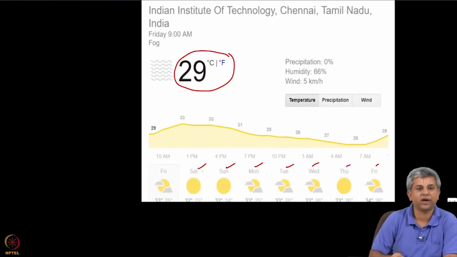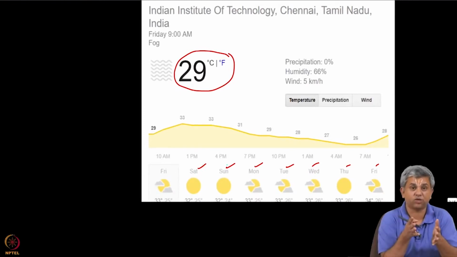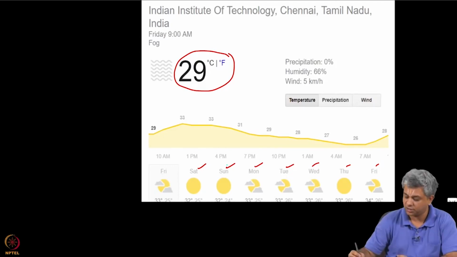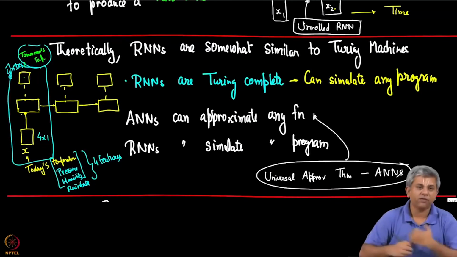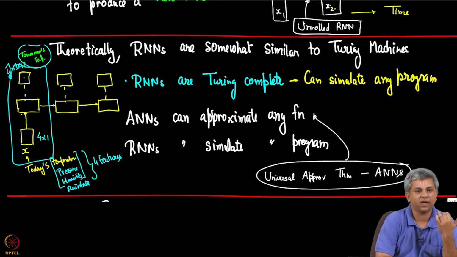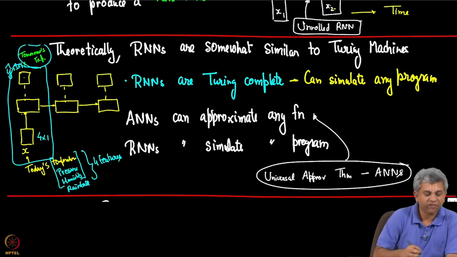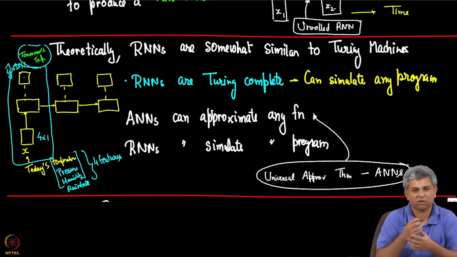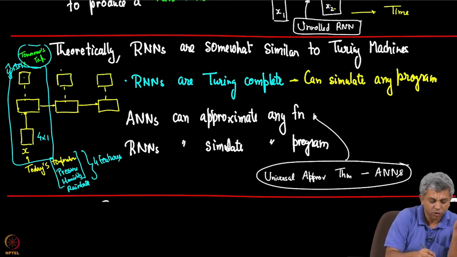Not only do I want to predict Saturday, I also want to predict Sunday, from just today's temperature and today's pressure, etc., mind you. We are not doing anything else. Now, can we exploit the fact that the interval between Friday and Saturday is the same as the interval between Saturday and Sunday? If I say that this output was some function of x, this output should be somewhat similar in its relationship to this output.